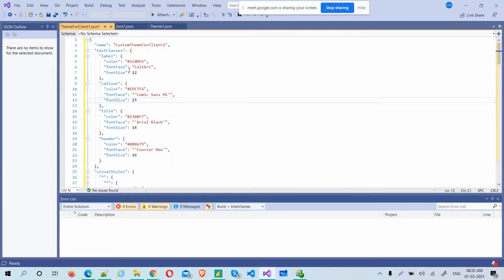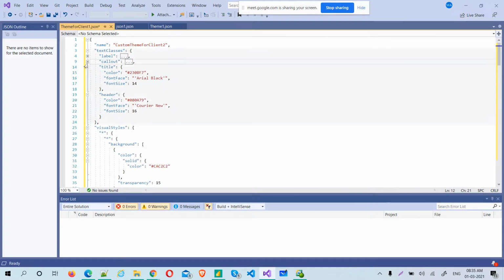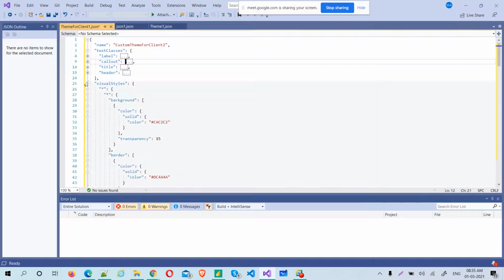Then there is a label and font, and this is a callout, and the font face and those things. You will understand once you get the requirement. The title, how it looks, the color, font space and font size, and the header, how they want it to look, colors and visual style.